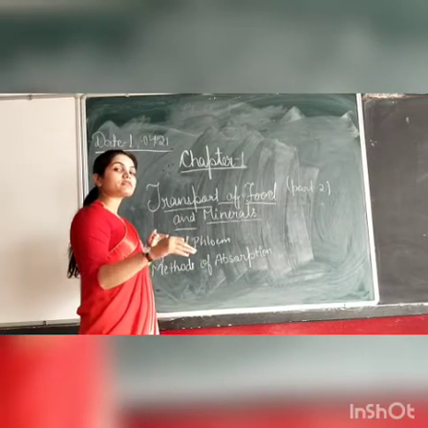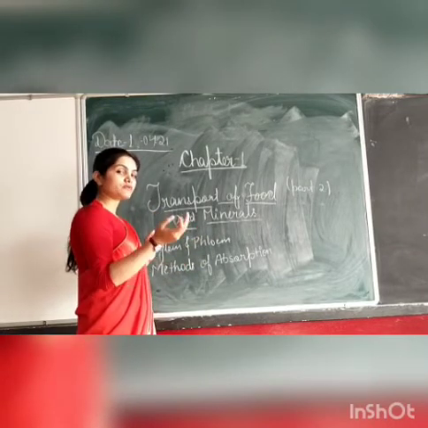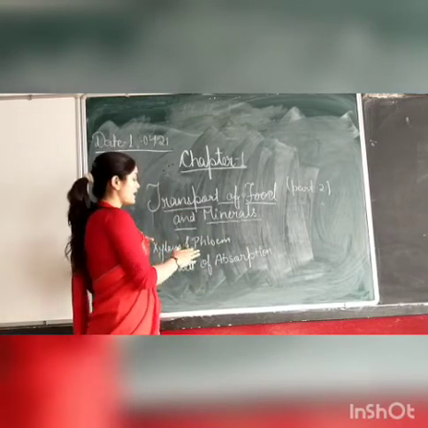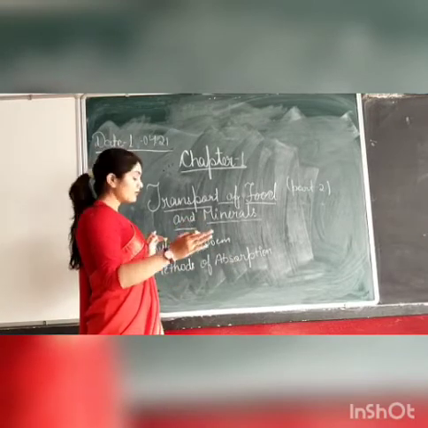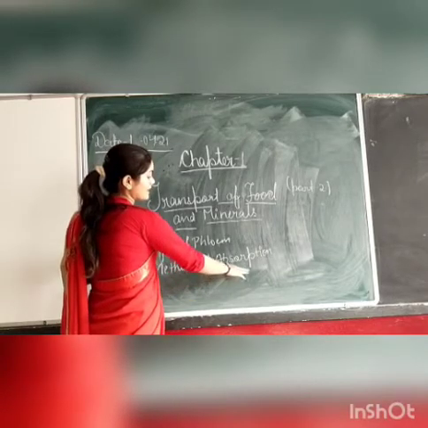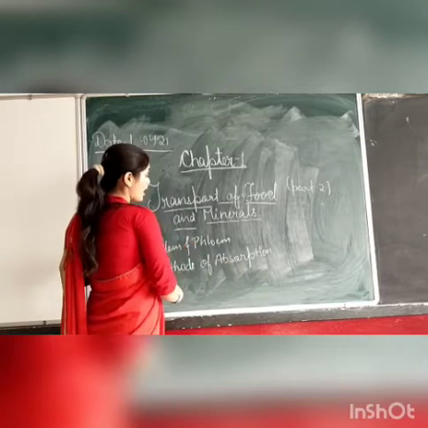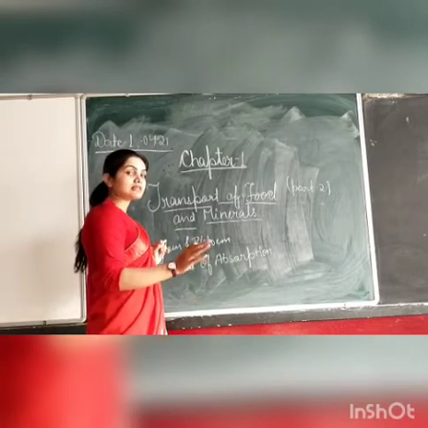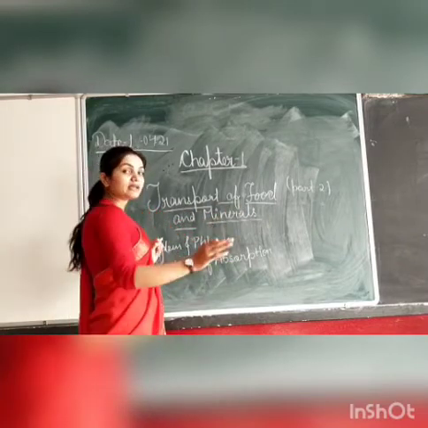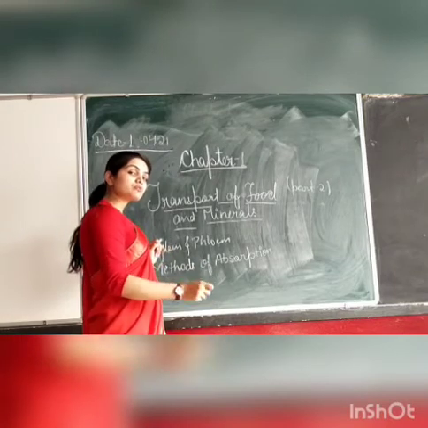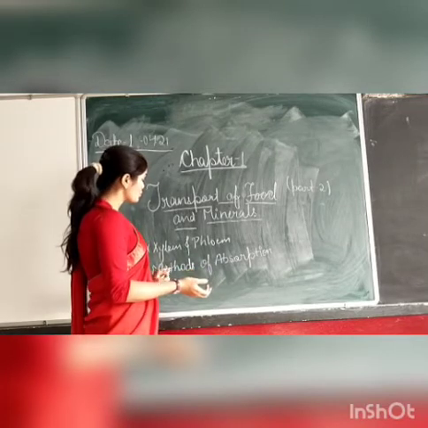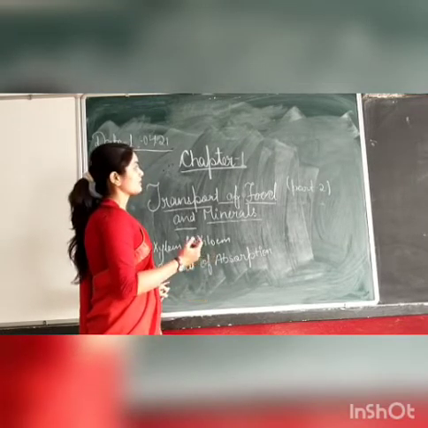In our previous video we had studied what is xylem, what is phloem, what is the function of xylem, what is the function of phloem, how many types of xylem, how many types of phloem. Okay, so the thing which we are going to study today is methods of absorption. How many types of absorption are seen in plants? We know that plants need food and minerals, plants need water and minerals. So how do they absorb the water and minerals? By the root. Okay students, so today we are going to study that.